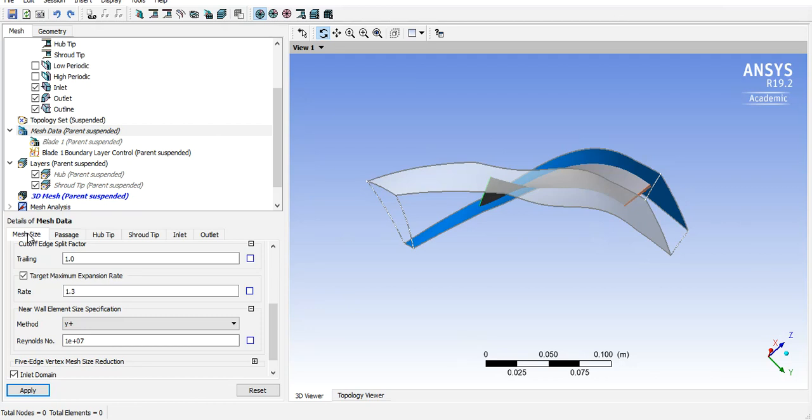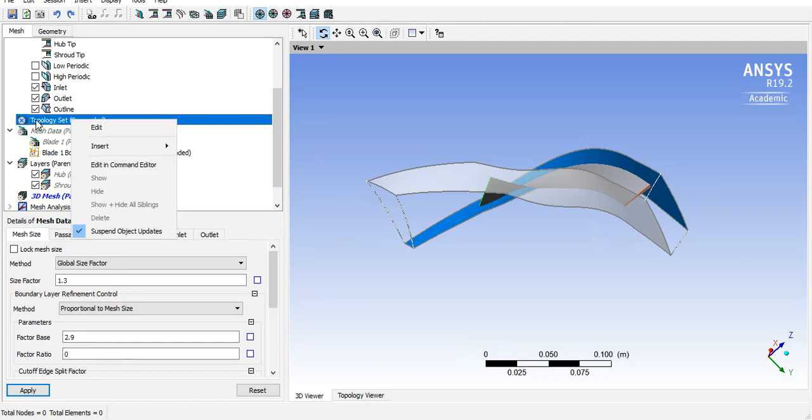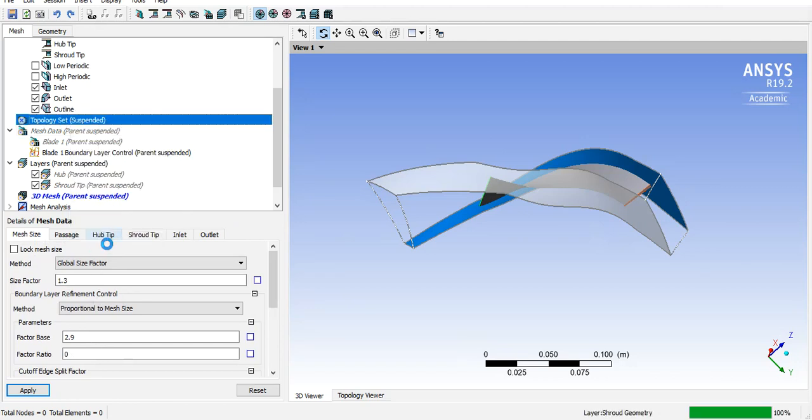an accurate simulation. We generate the mesh. We will generate the mesh for the current settings by unsuspending the topology. We have the mesh, and we will see the y plus for this mesh. The y plus value is